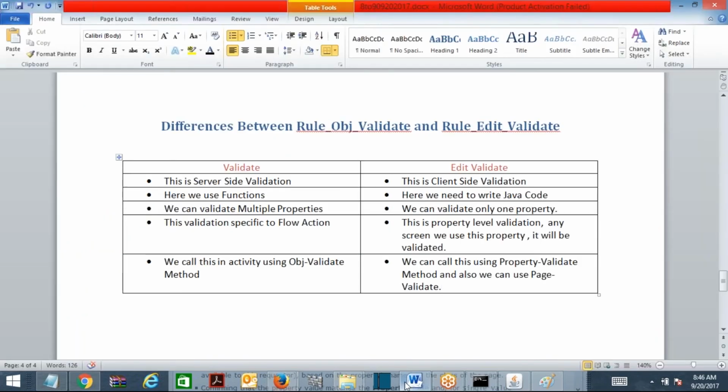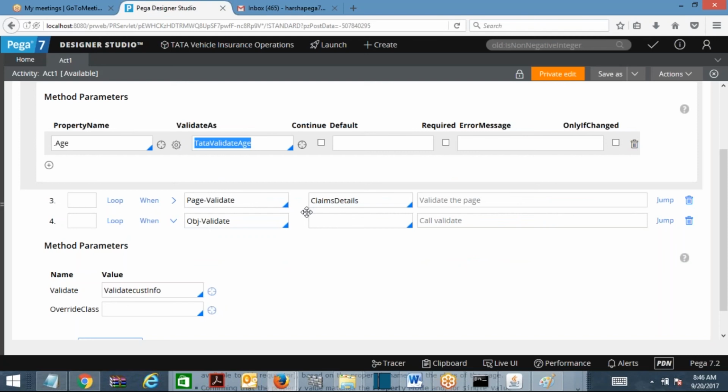You can go ahead and use property validate and call an edit validate rule on a property, and that will be validated against the specified edit validate. Okay, this is one point. And the second one is page validate. You will mention a step page. All the properties on the step page will be validated. Okay, for what type of validation? Edit validate.